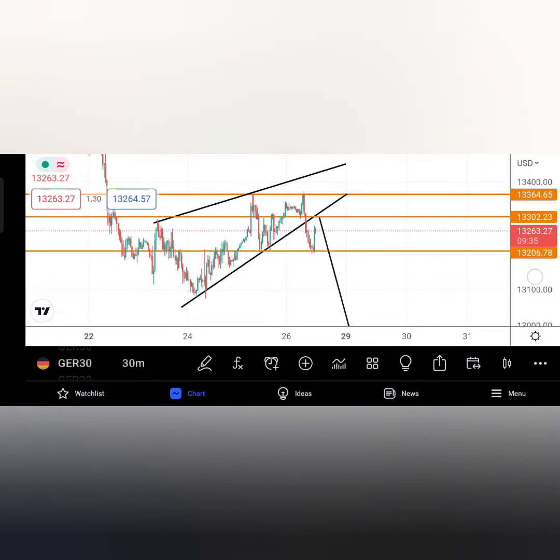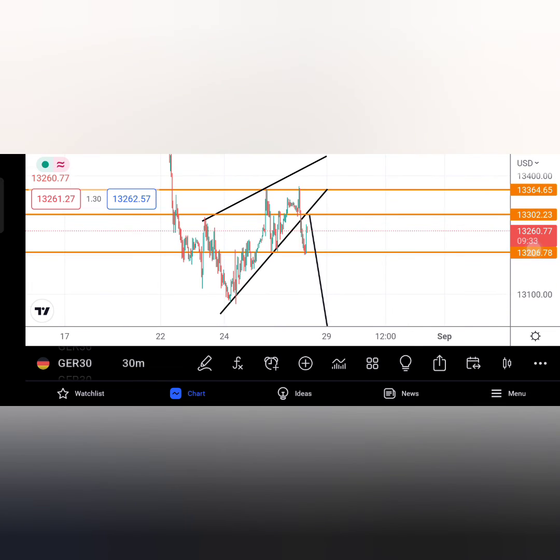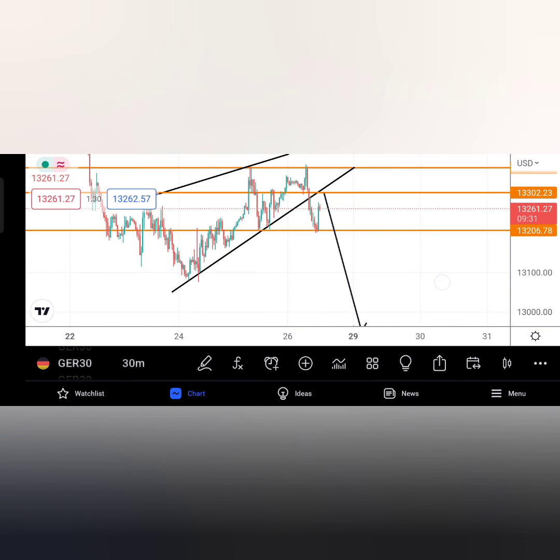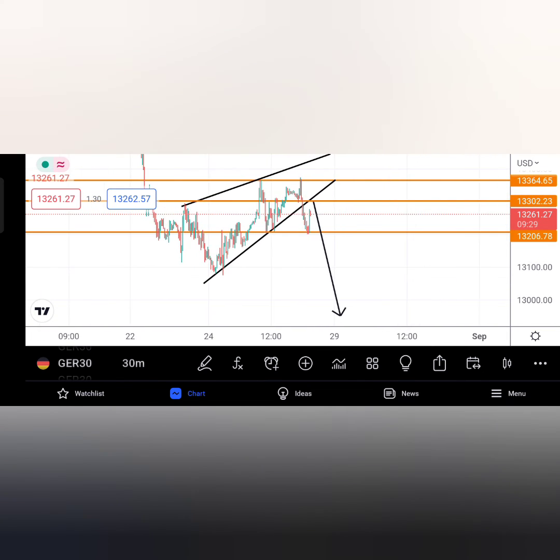So this is what we have now. So mostly what I like to do is, when I'm right here on the 30 minutes, this is where I'm gonna set my TPs and my trails, how I'm gonna trail my stop loss. I set them before I enter the trade. Like I know my zone, so I'm gonna enter where I'm gonna scale in. I do this before I even enter the trade. So on this market, we can see that